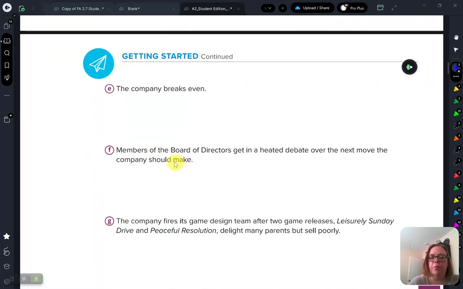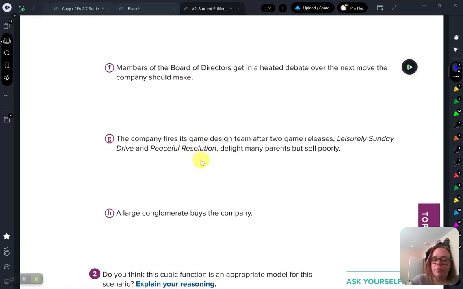The members of the board of directors get in a heated debate over the next move the company should make. The company fires its game design team after 2 game releases, Leisurely Sunday Drive and Restful Resolution, delight many parents, but sell